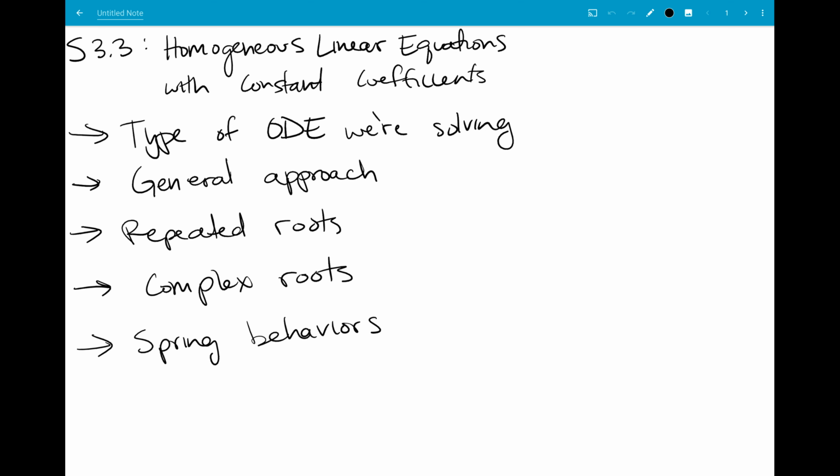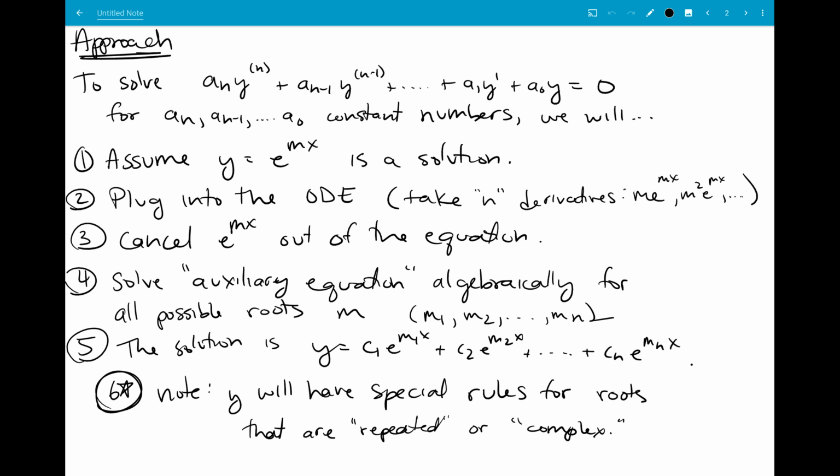In this section, we were going over homogeneous linear equations with constant coefficients, which was a very intimidating name for one of the easier methods I think we cover in class. So I told you that we would talk about the type of ODE we're solving, describe the general approach, and then look at a couple quirks that emerge from repeated roots and complex roots, and then talk about what this means for spring behaviors,